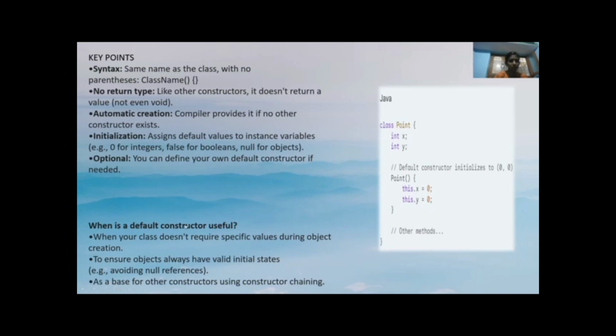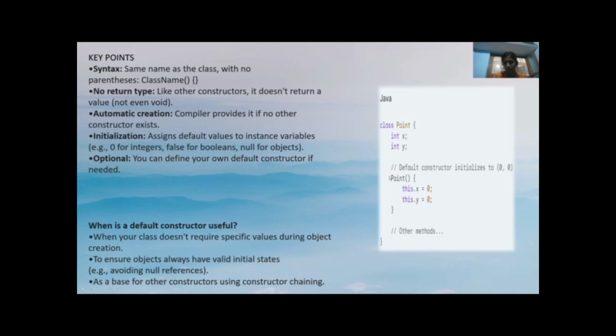When is a default constructor useful? When your class doesn't require specific values during object creation. To ensure objects always have valid initial states, as a base for other constructors using constructor chaining. When you want any default values, at that time we use this default constructor. See the code for the Java